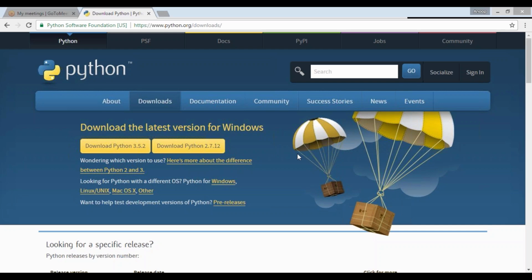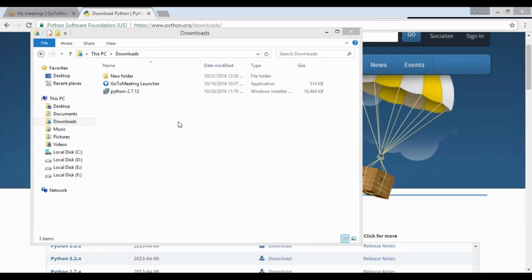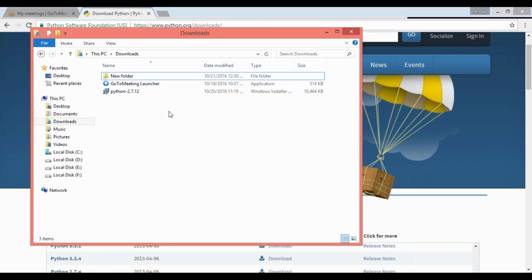or if you want to download a particular version of Python for other operating systems rather than Windows, then you can download those from here. If you are looking for Linux or Unix, you can download it from here, Mac OS, or if you are looking for some other operating system, then you can download it from the link highlighted by the cursor here. So once your download has been completed, you will get a Windows installer file